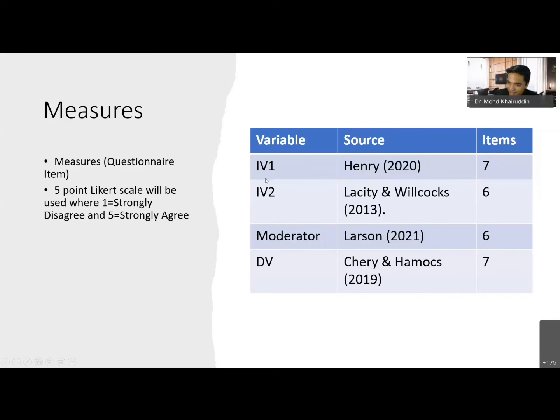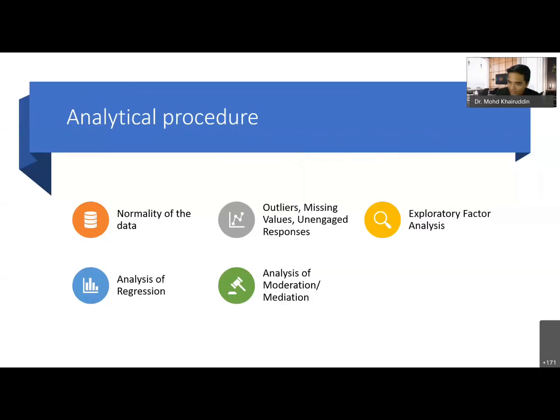But if the examiners ask you to show the full scale of your questionnaire design and so on, please be prepared, because a lot of examiners love to see your questionnaire design. And I believe that through your appendices as well, when you finish up your proposal defense, chapter 1 to 3, you put in the appendices as well the analytical procedure, what kind of analysis that we will be running for the questionnaire, for the response that we obtain from the fieldwork and so on.